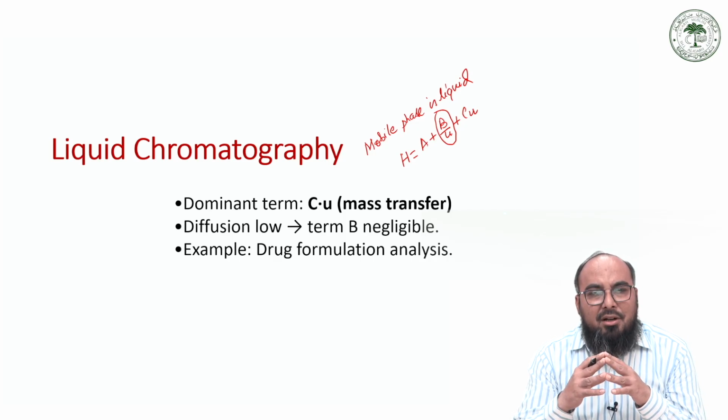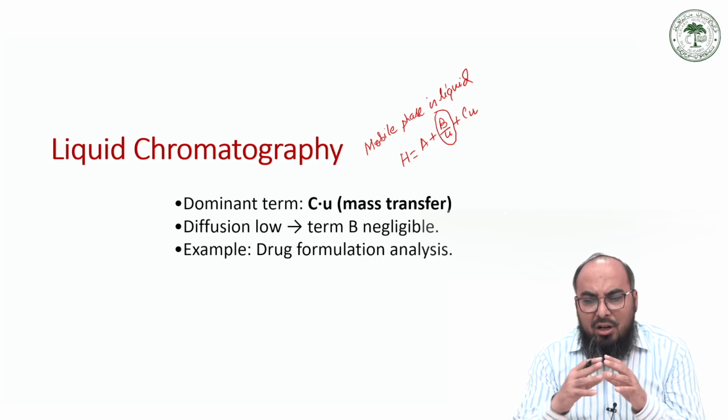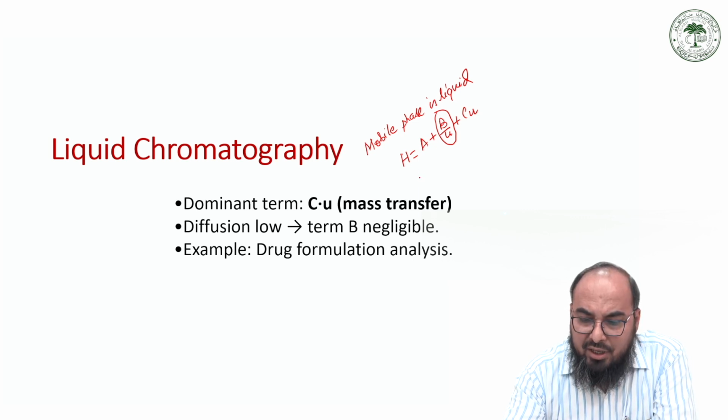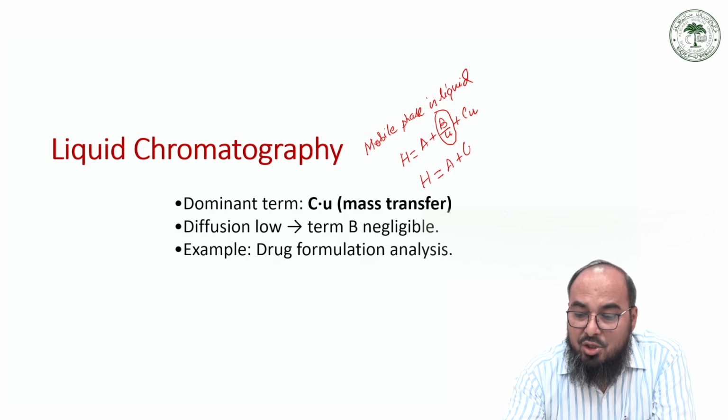So the diffusion in liquid is very small, and because the diffusion is very small, you can neglect the B upon U term. So in terms of liquid chromatography, your Van Deemeter equation effectively becomes H equals A plus Cu, and here the